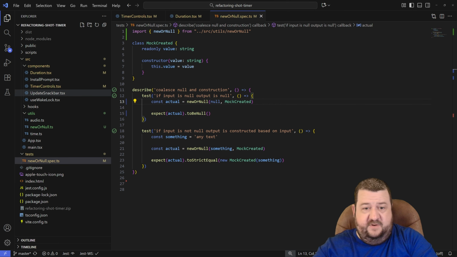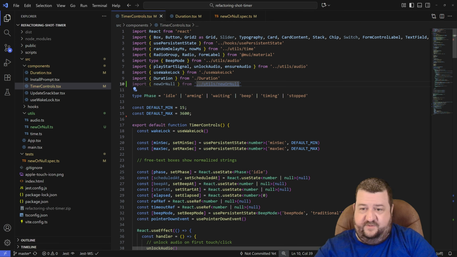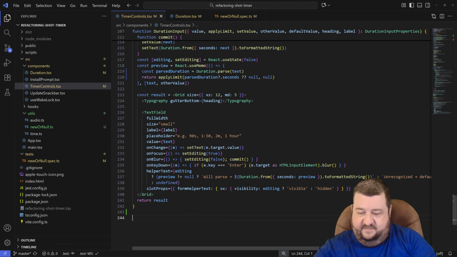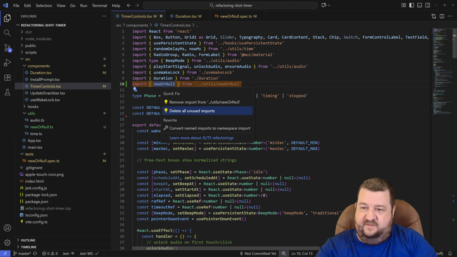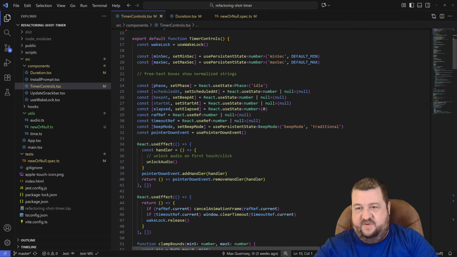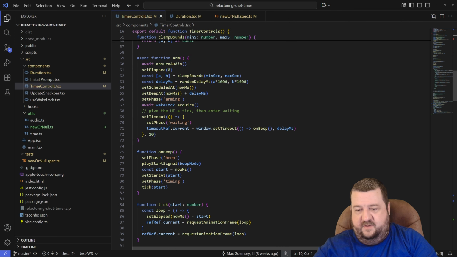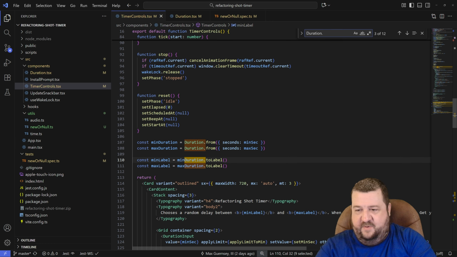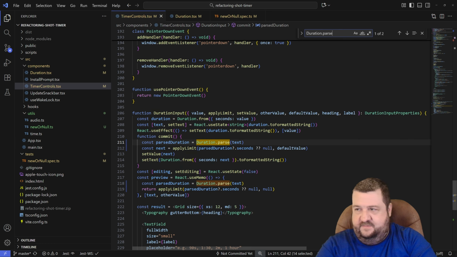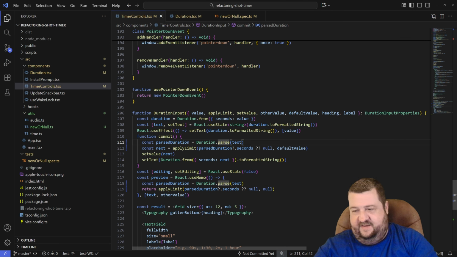All right, so now if you look at timer controls, first of all, it's quite a bit shorter than when it started. Let me get rid of unused imports. It's quite a bit shorter than when we started, but almost more importantly, it's easier to understand. We don't have this weird like parse a number and then use it thing. We say, here's some text, convert it to a duration for me